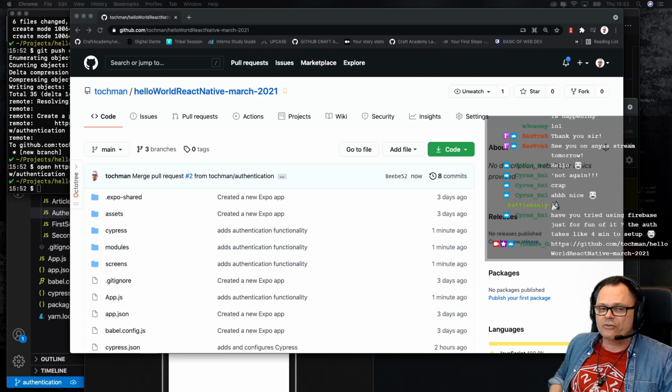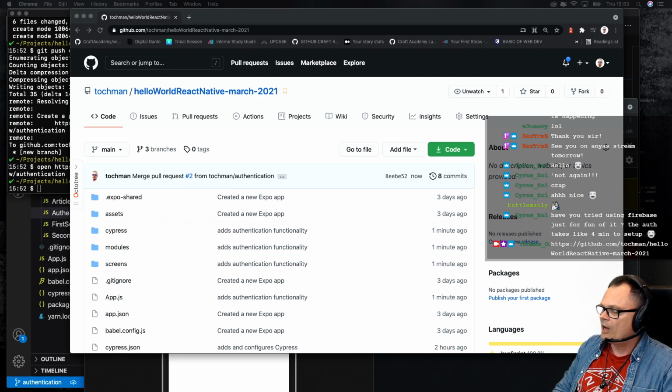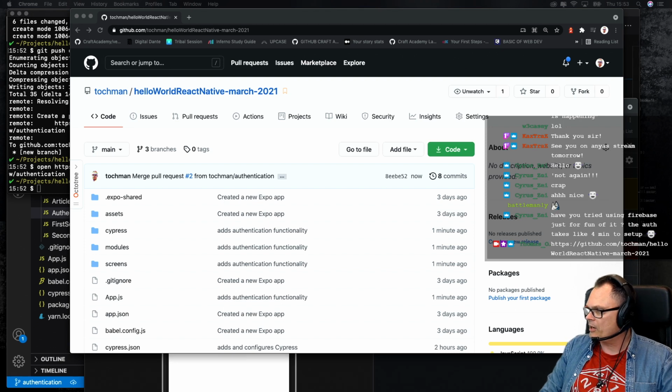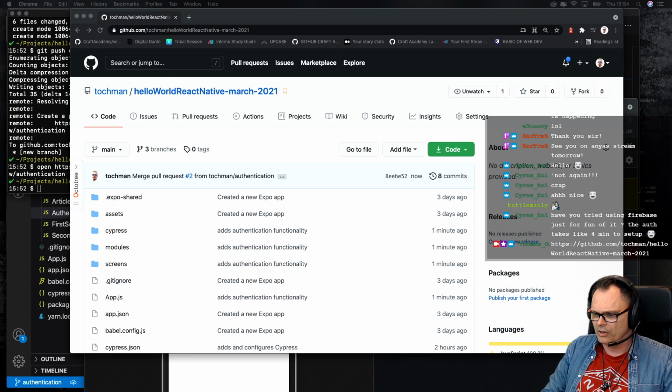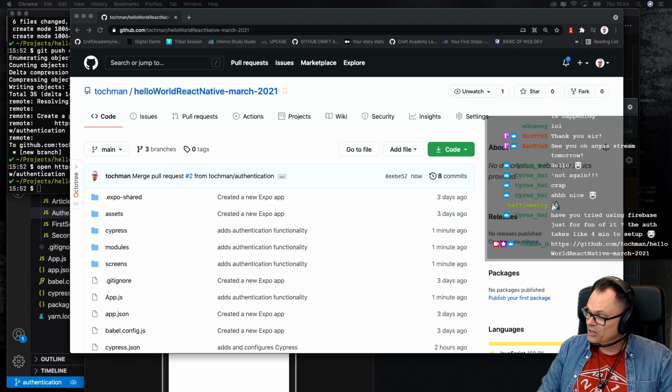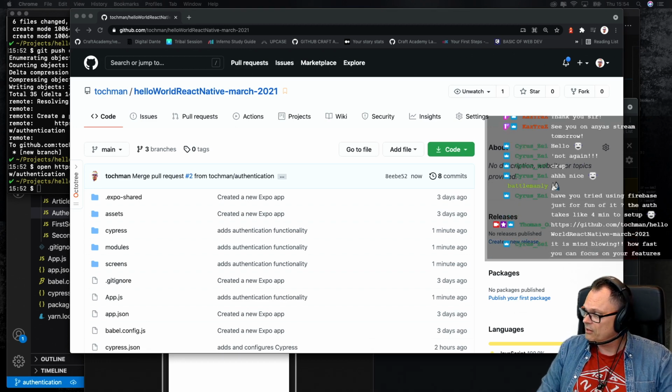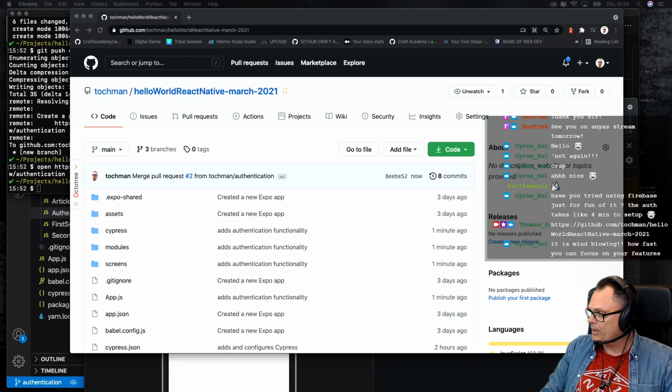So actually, this is an interesting question. I have used Firebase once or twice in my life, but not recently. But I think we chatted about this way back, and it's a very fast way to set up a backend, and you can also use JWT with Firebase, if I'm not mistaken. Yeah,